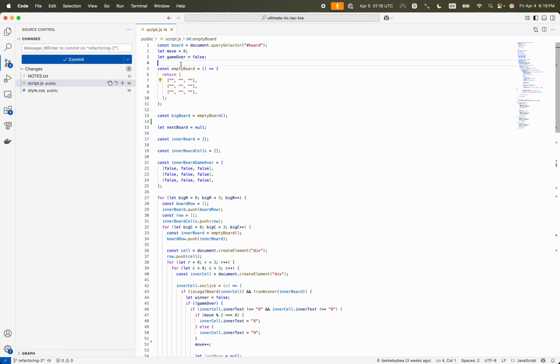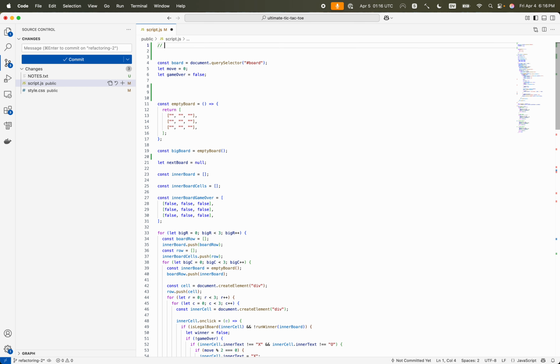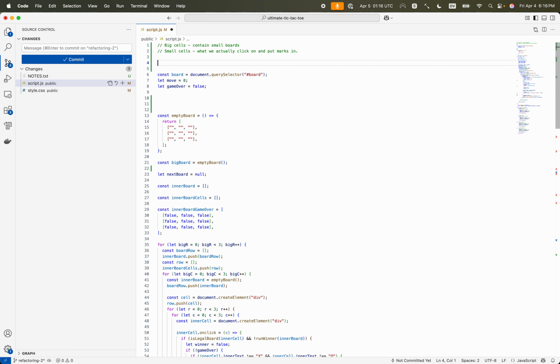So conceptually, I'll even make some notes here, up at the top. Conceptually, we have big cells that contain small boards, made of small cells, which is what we actually click on, because when you move, you're still picking a small cell. There's just more complex logic about whether it's a legal move. We click on small cells and put marks in. Okay. And then,